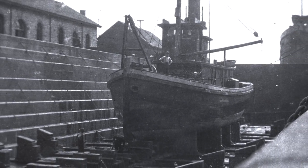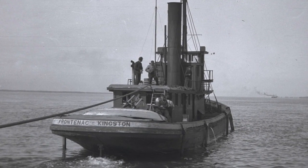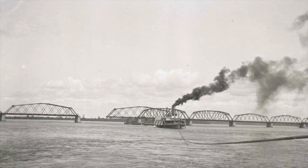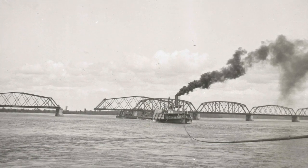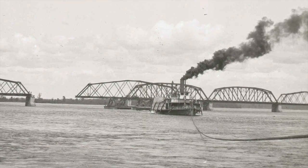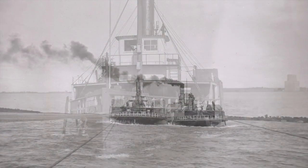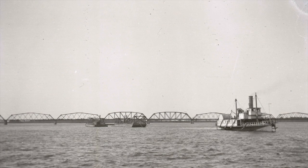And the tugs involved here were replacing the spans that weren't strong enough. The spans carried two sets of tracks, and they still exist today. And what is interesting is the way they were placed was to use one tug pulling another tug, paddle wheel tug, each of them,